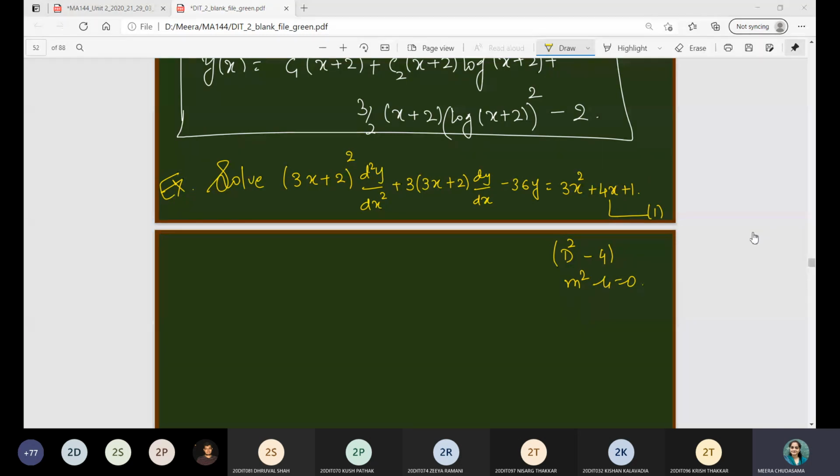How many of you got this correct auxiliary equation? Please raise your hand. Very good. Those who are not able to get it, keep in mind that here we have 3. So that 3 you have to count in the computation while putting those substituted values. In that case, you will get yc as c1 e raised to 2t plus c2 e raised to minus 2t.